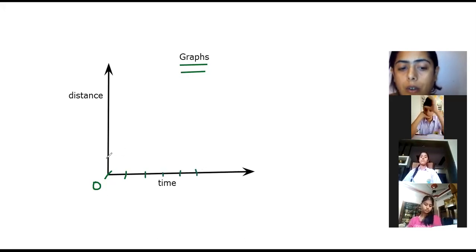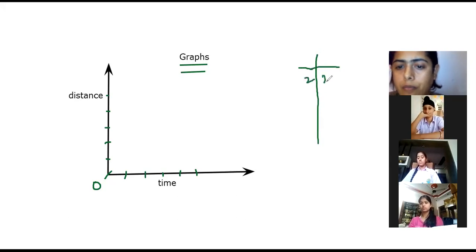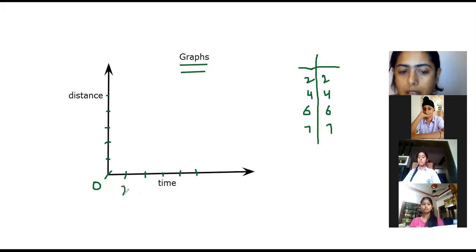Fine. In the graph, the lines are already drawn, so you have to choose the equal intervals and draw it. You need not measure it over there because it is already there. Fine. Then you have to see the values and use the scale accordingly. Let's say first it is 2, then 4, then 6, then 7. So you can have the scale 1, 2, 3, 4, 5, 6, 7. You can have it 2, 4, 6, 8, 10, like that. Let's say I'm choosing 2, 4, 6, 8, 10.